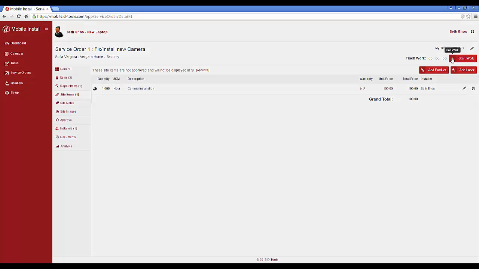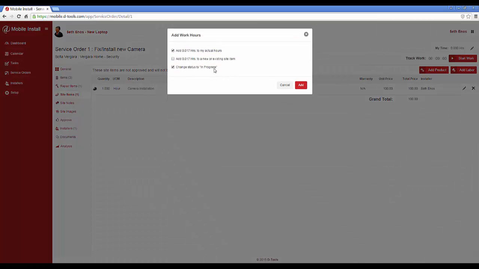But again, this cool new feature, when you are tracking work, when you stop the timer, you'll have the option here, number one here, to change the status to in progress. That's cool. But the new feature here really is this, add these hours, these tracked hours, to a new or existing site item. And if you click this option,